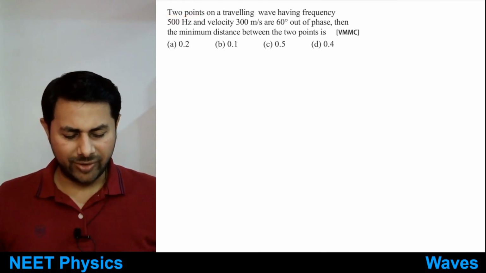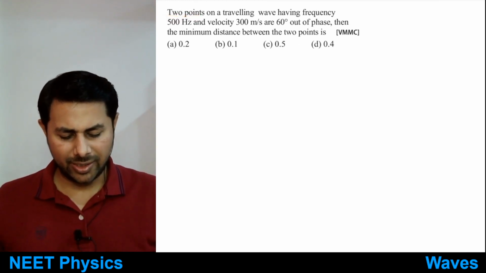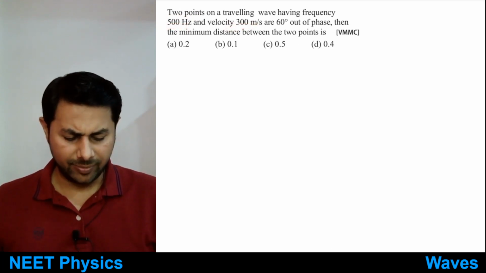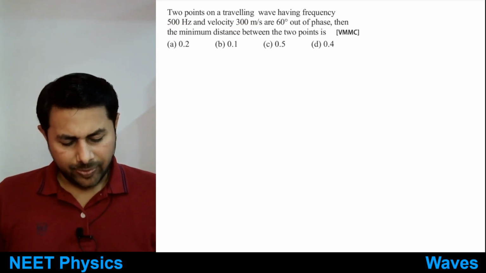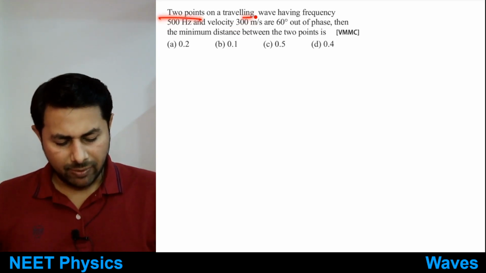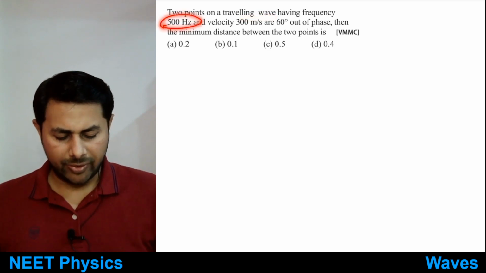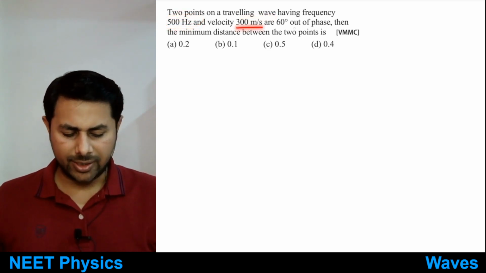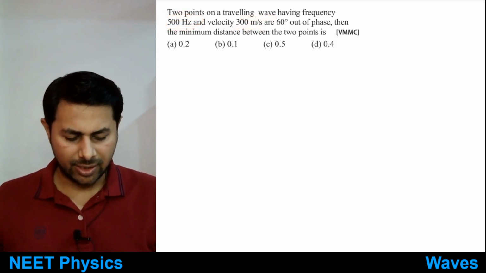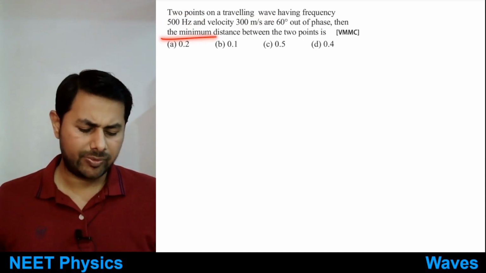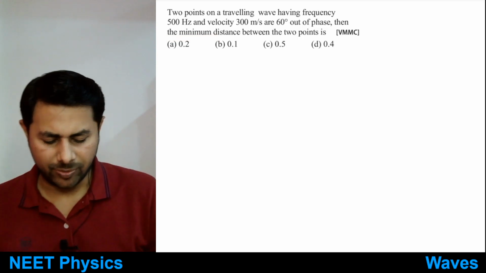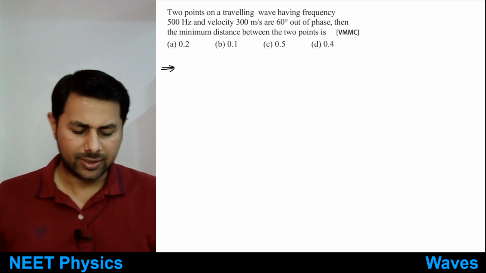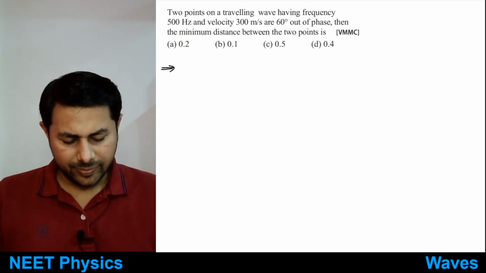Two points on a traveling wave having frequency of 500 hertz and velocity of 300 meters per second are 60 degrees out of phase. Then the minimum distance between the two points is, yeah, the minimum distance between two points. That's correct. Okay,